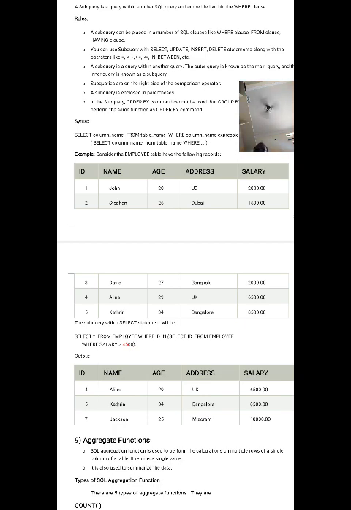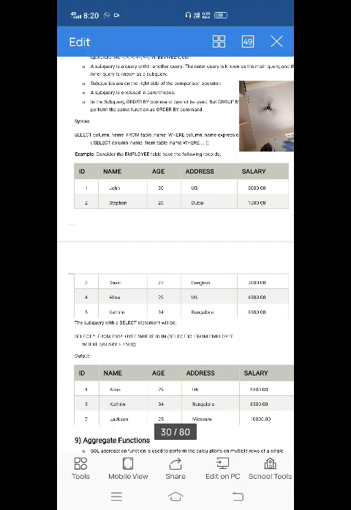First, when you write a query within another query, the internal query is executed, and its result is substituted in the where. After that the outer query, meaning the main query, is executed, and you get the final result, right? The main query is executed after the subquery, meaning the inner query.